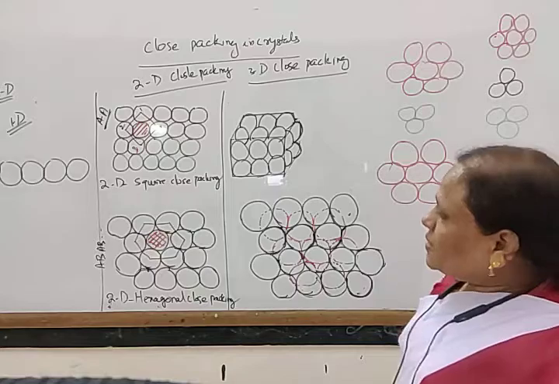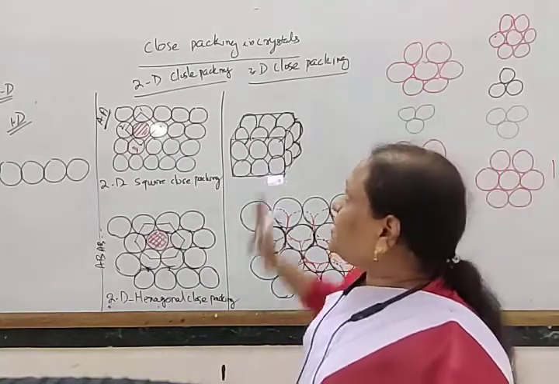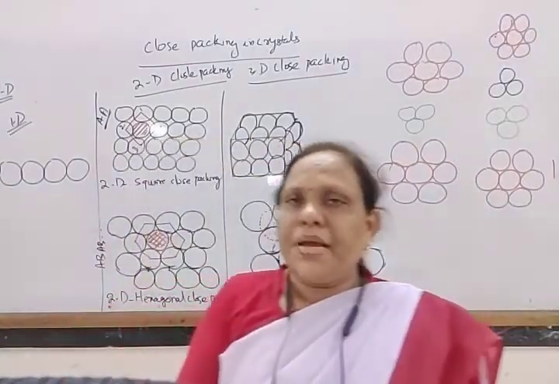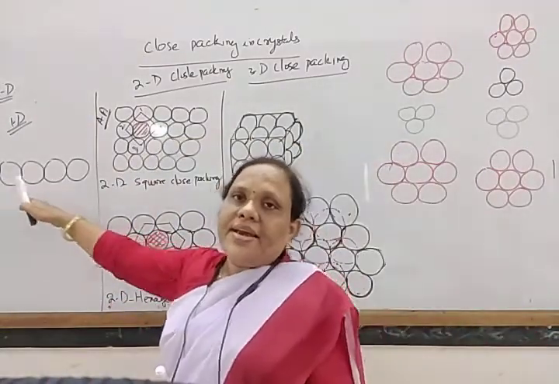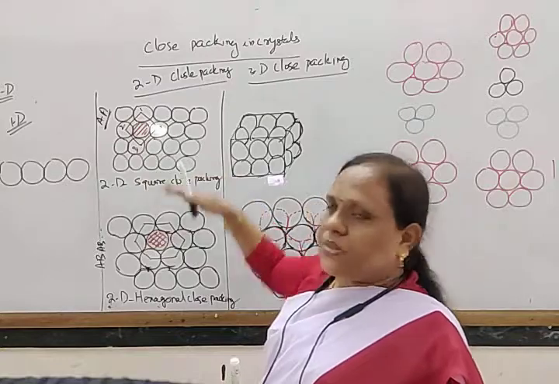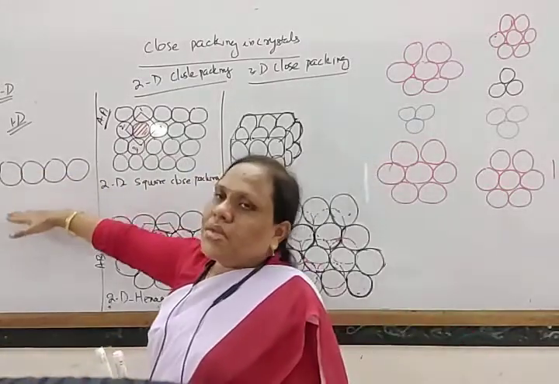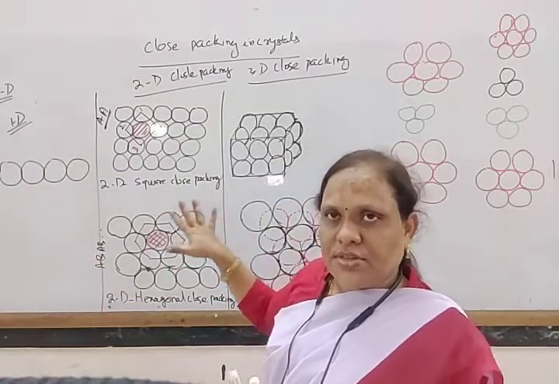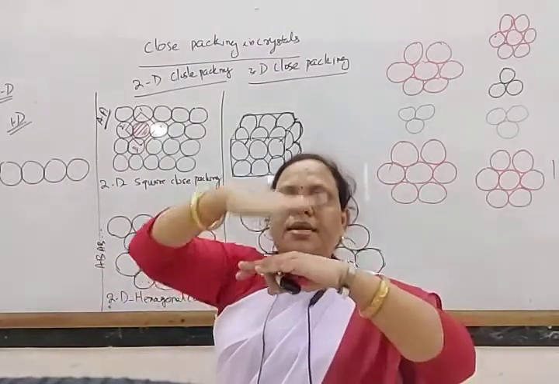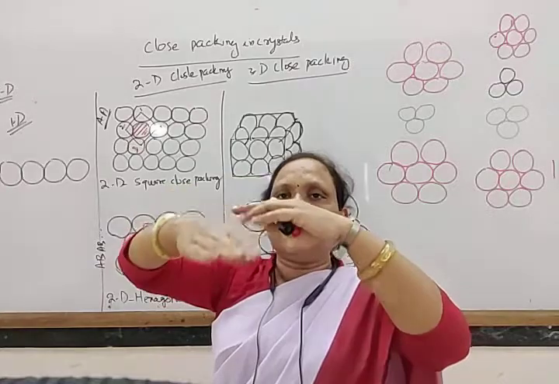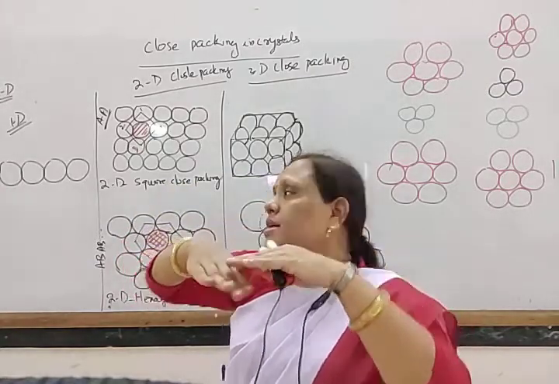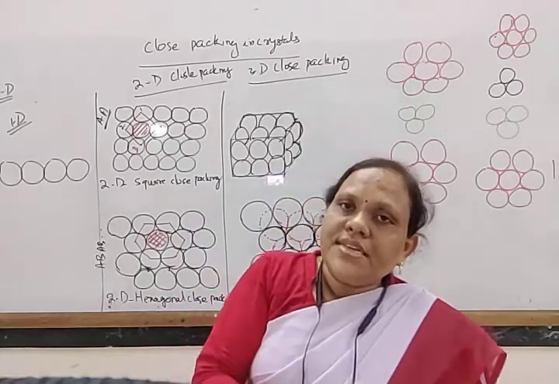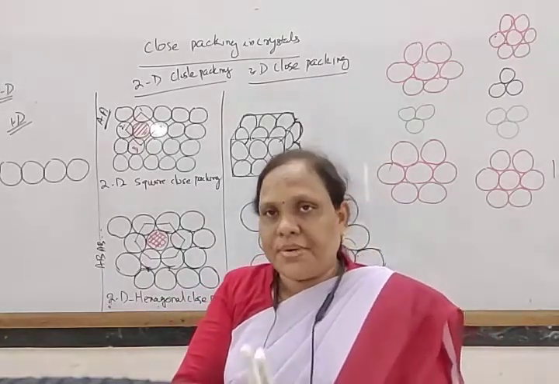Okay. So next, come to another, that is three-dimensional close packing. When one-dimensional close packing is there, it gives a layer-like structure, and with two-dimensional close packing, when one layer remains just above or below another, it gives a plane-like structure. And if one plane is stacked over another, then it gives a three-dimensional structure. And this three-dimensional structure is also of different types.